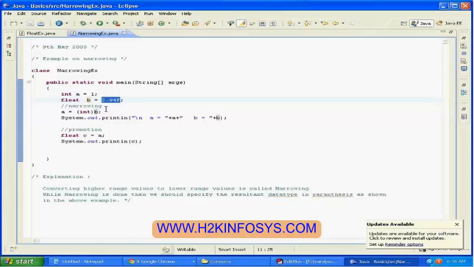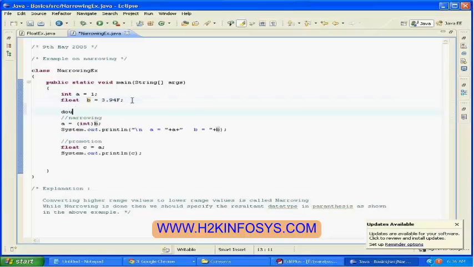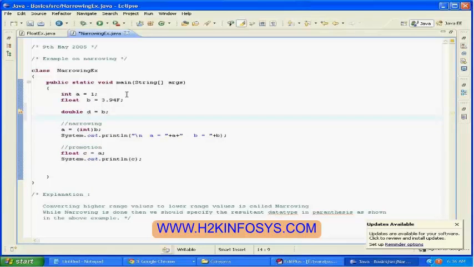No need to go for typecasting, Felix. Because anyway, we can store a float value directly into a double. Understand? So for example, now I will take a double variable here. Double d is equal to b. It works directly now. Why? Because simply here it consumes 8 bytes of memory, whereas b belongs to a float variable, which consumes only 4 bytes